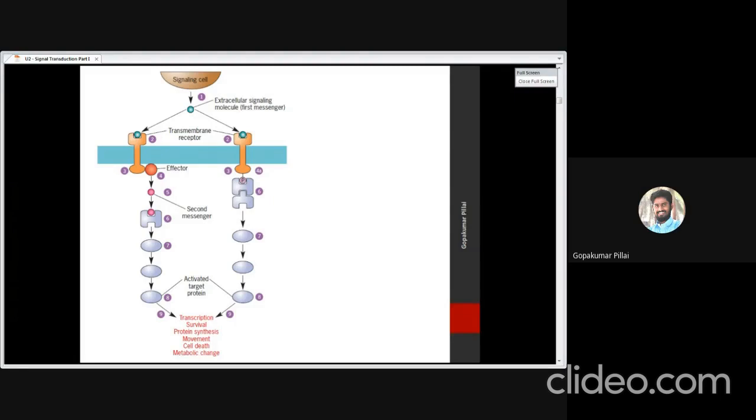Such kind of a process is achieved because of the current generalized pathway that I mentioned to you. This is the scheme for that. This is how it works. So just look at number 8. Number 8 is nothing but the target protein. Just assume that the target protein is the final say protein which has to remain activated. Once this fellow is activated, it can cross the nucleus, it can go into the nucleus, it can turn on